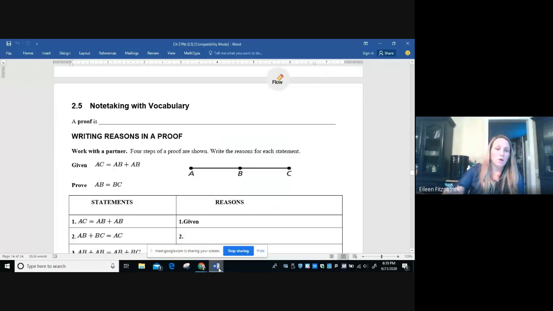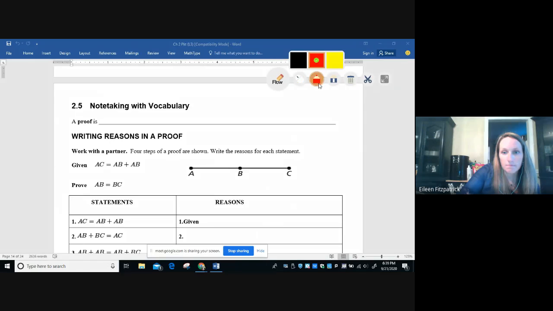Okay, so I keep mentioning proofs, and we're getting there. We're getting closer and closer. So I'm going to define a proof today. Okay, so let me get my pen. All right, where is my pen? Here it is. A proof is an argument